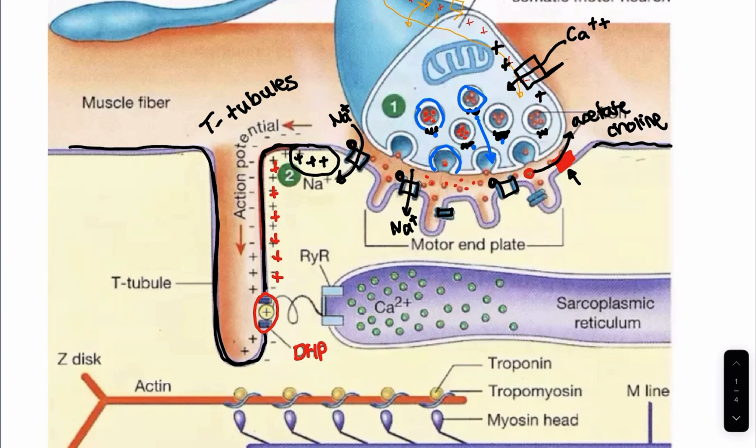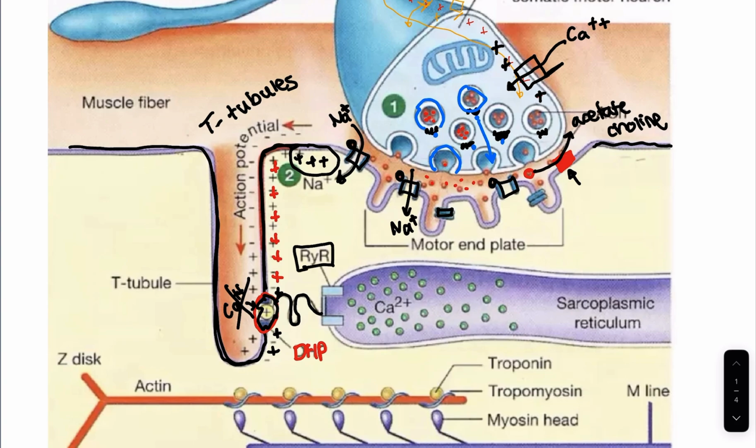But in this case, it's a protein that's detecting voltage, but it's not allowing calcium to move from the outside of the cell. So calcium out here is not moving in. It's trying to, but it's not moving in. But what happens is when I get a positive charge that's moving down this T-tubule, it changes the shape of this DHP receptor. And this DHP receptor is mechanically gated or connected to this other channel called an RYR channel,